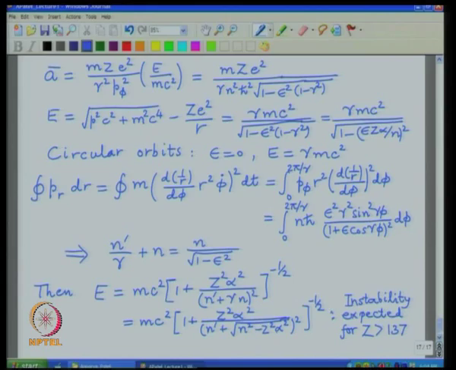The whole expression is more or less the same, except that there is a little difference in the various quantum numbers. One of them is that instead of Z squared alpha squared, we had 4 Z squared alpha squared in the case of the Klein-Gordon equation. The instability occurred much earlier, when Z was bigger than 137 by 2, and that certainly had conflict with experimental data, because there are lots of nuclei with Z greater than 137 by 2.